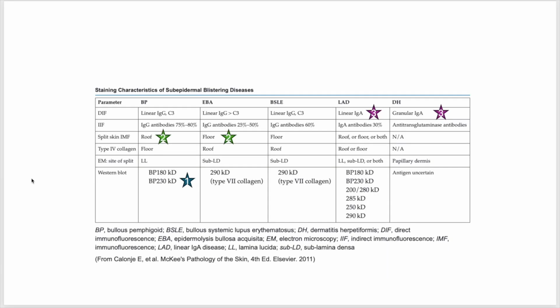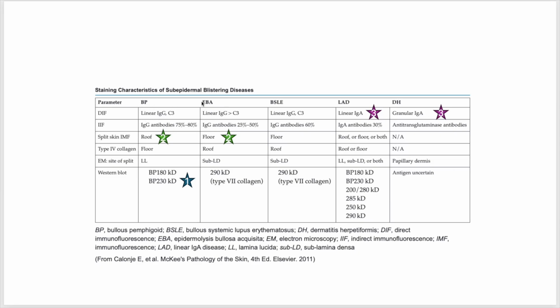So under the subepidermal blistering disorders, we have talked about many of them. Here is a quick summary of how to differentiate them based on some key factors. In your exam, if you see the targeted antigen includes BP180 or BP230, you should directly go to BP. And if you see there is a salt split test,